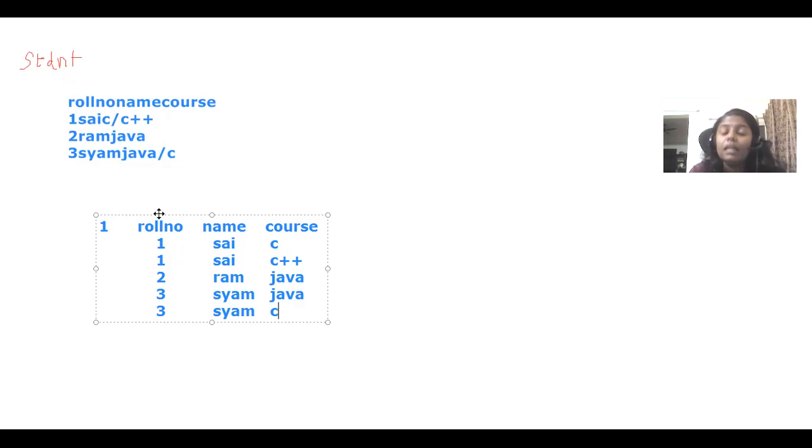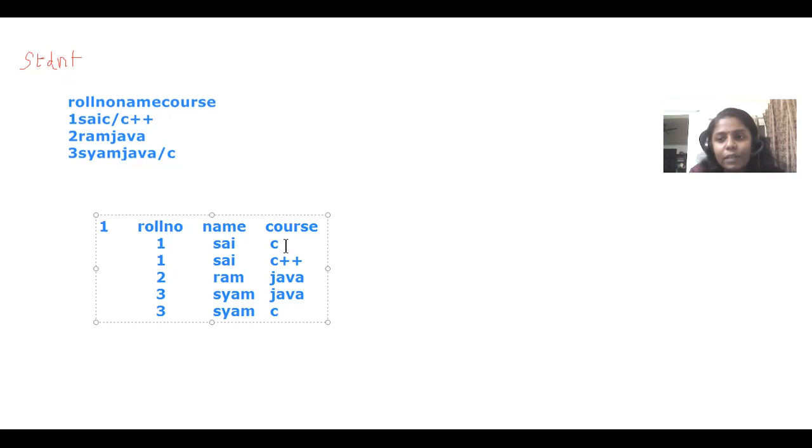So here we can take a composite key, like we can select 2 attribute values together and make it as a primary key. So we can take roll number plus course. Correct? Roll number and name should not be a good primary key because name also may be repeated.